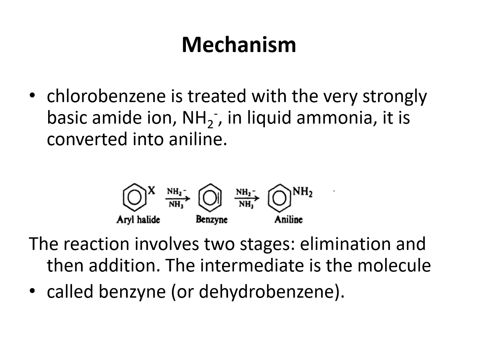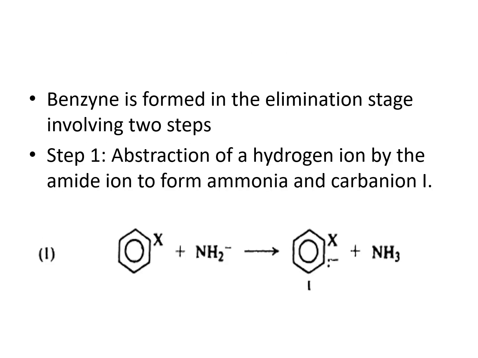The intermediate formed is benzyne, as we mentioned in the previous slide. Benzyne is formed in the elimination stage, and this elimination stage itself involves two steps. The first step is abstraction of a hydrogen ion by the amide ion